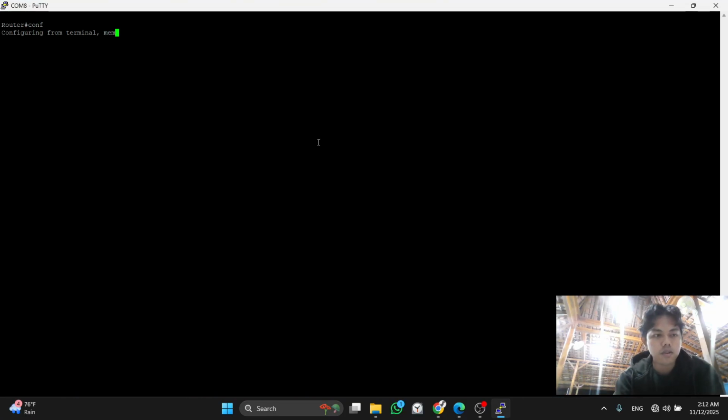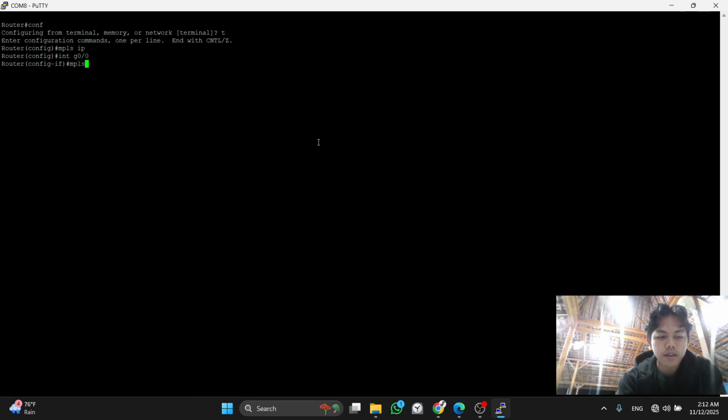We go to configure terminal. Yes, and then write like before. But for the router P, we will configure it on the two interfaces. MPLS IP on the interface first, and then MPLS IP.